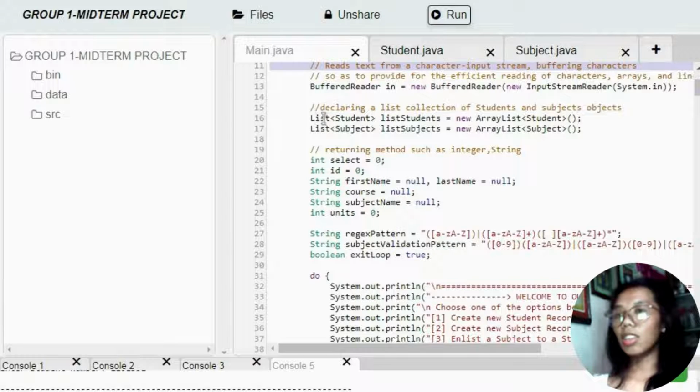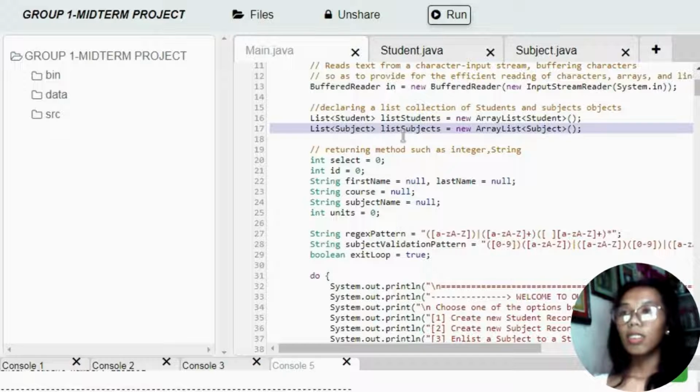So we have the List<Student> students = new ArrayList<Student>(); and the next one is the List<Subject> subjects = new ArrayList<Subject>();